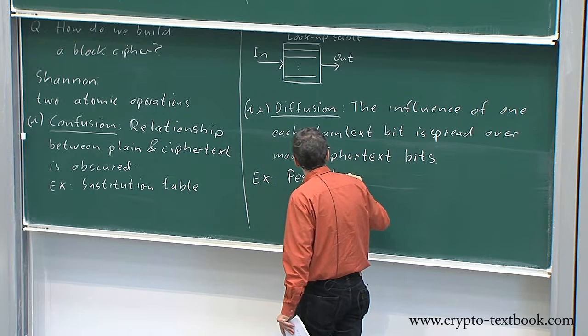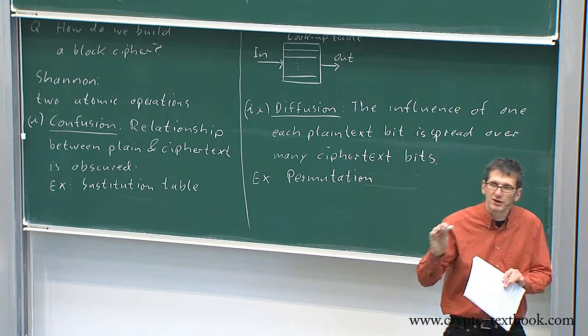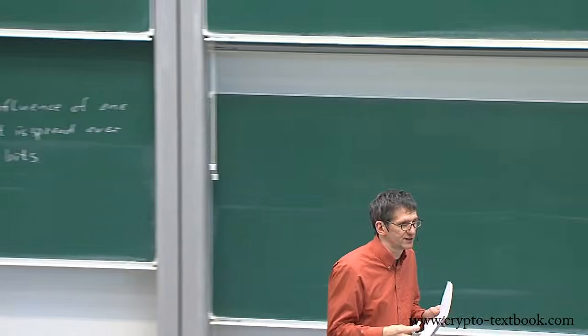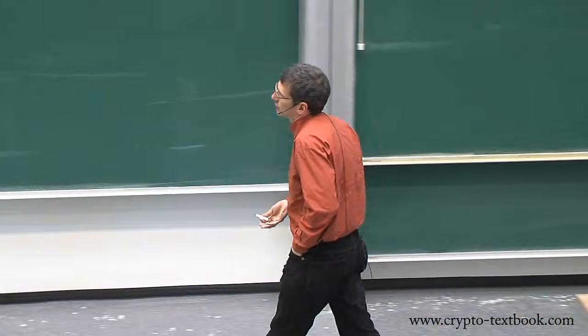Example for that is a permutation, and we're going to talk a lot about permutations today, so I don't want to explain that in more detail, but what is important,